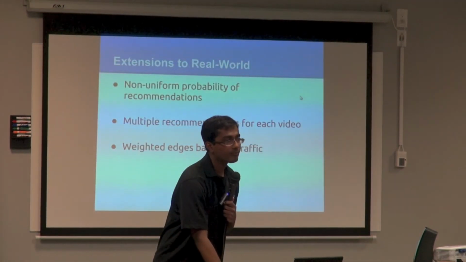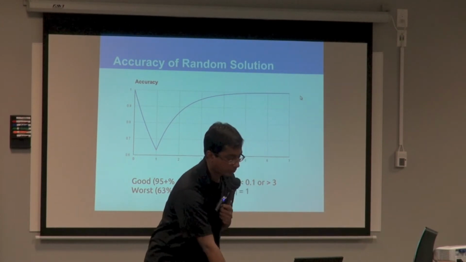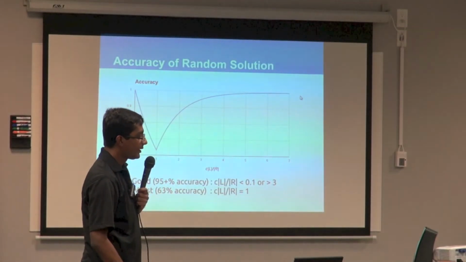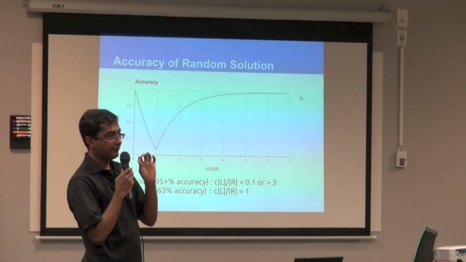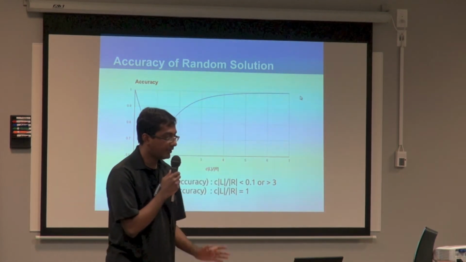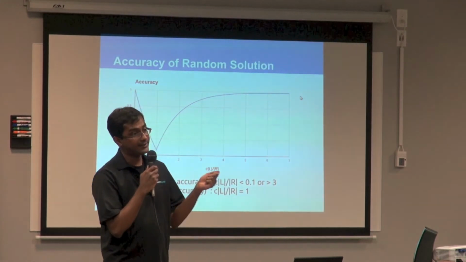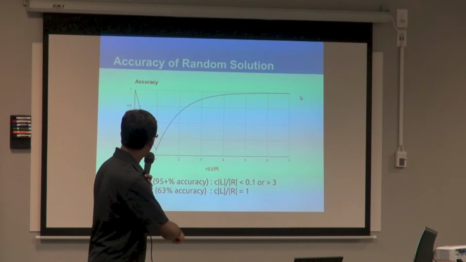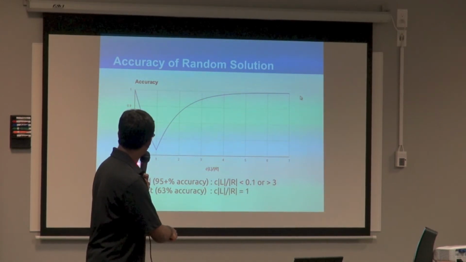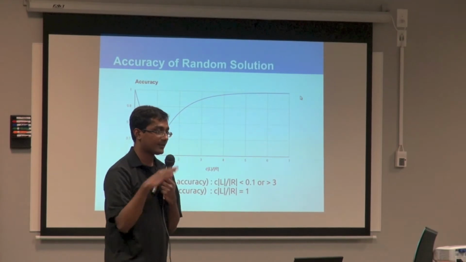Excuse me, on this side you have less than 0.1. Did you really mean it, or did you mean less than 1? Oh, 0.1 is fine. So basically what's happening is, CL over R around 1 is when it does the worst, right? So it's going to get an accuracy of more than 95% if CL is much lower than R, in this case less than 0.1, or if CL is much greater than R. So basically the line here is CL over R. If you're below 0.1, you're here, and if you're above whatever that is, 3, you are right there. So your accuracy is high on both sides, but around that is kind of low.